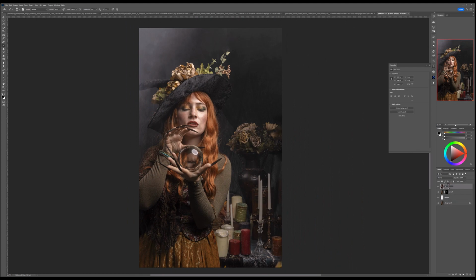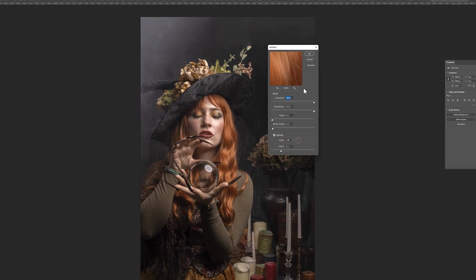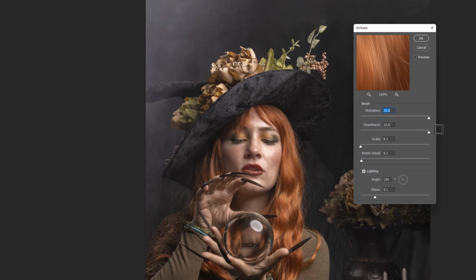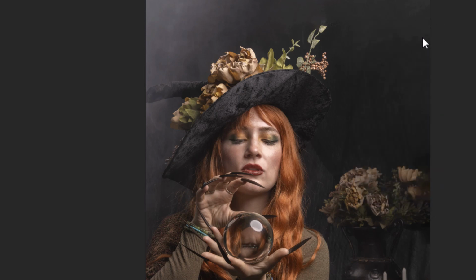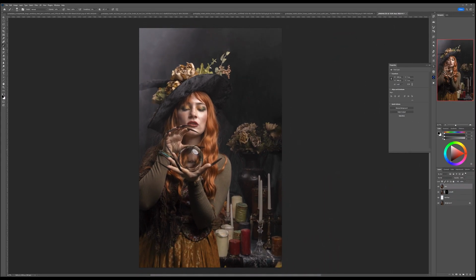We'll call this hair. Okay, we'll just need it a little bit, to make the painting look like hair, and this we'll do with the filter, stylization, oil painting. And then in oil painting we'll have stylization 10, cleanness 10, scale 0.1, brush 1, and lighting, let's set from this angle because it's coming from that right top corner, and we can see right here was kind